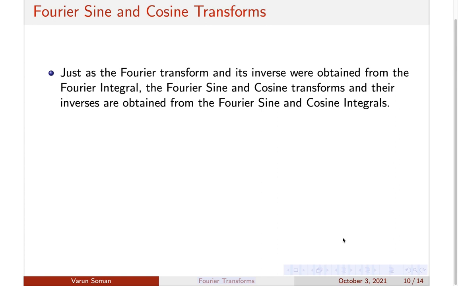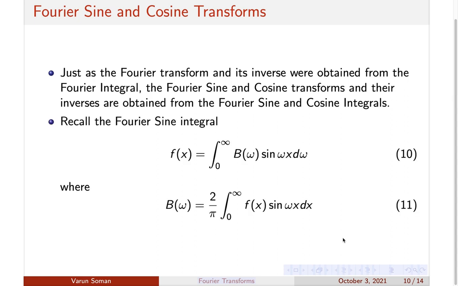Okay, in many guides they have actually given you very tough problems, but for our examination purpose it is not required for you. Just try to understand the same simple properties. Okay, as I told you, the Fourier transform is obtained from the Fourier integral. Similarly, the Fourier sine transform is obtained from the Fourier sine integral, and the Fourier cosine transform is obtained from the Fourier cosine integral. Okay, so here also the derivation is just the same.